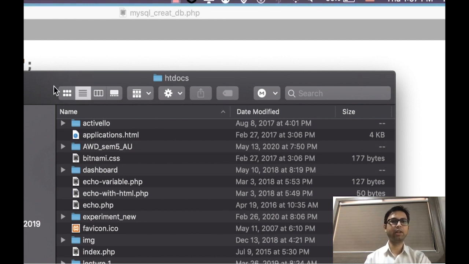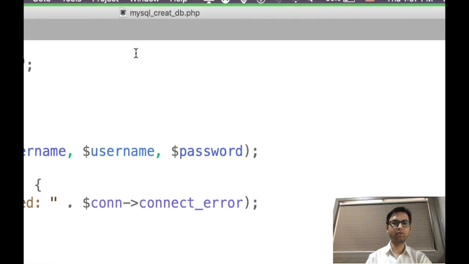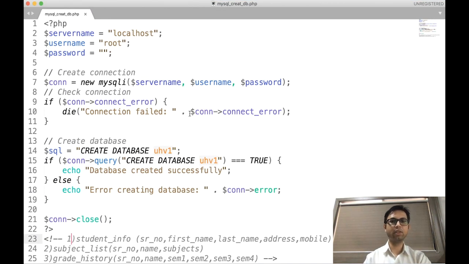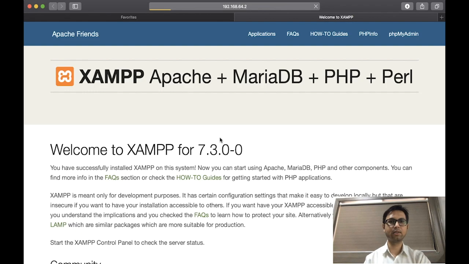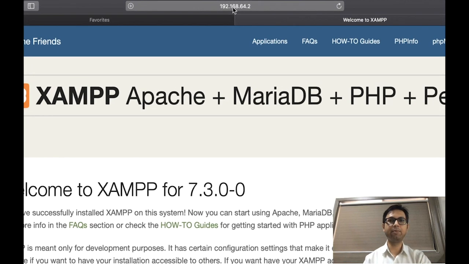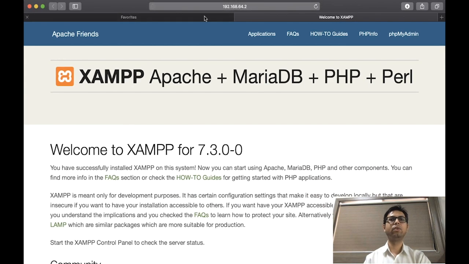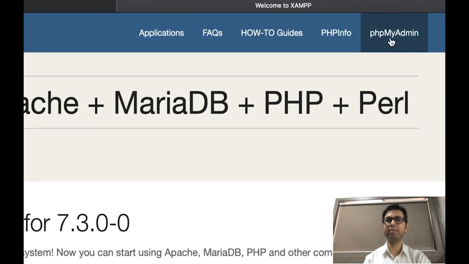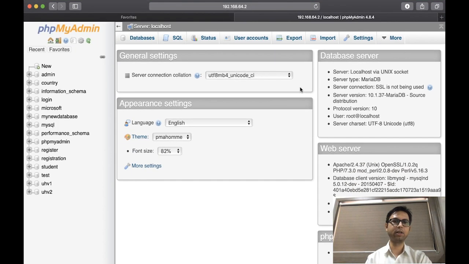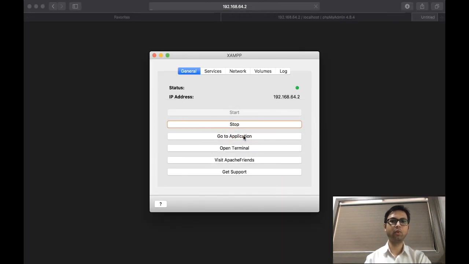Now let us start the introduction to creating database. So in this session, first of all, we have to go to the application page. So click on this, or you can write down the IP address over here also. So I have reached this application. Now we are going to utilize this particular page for database purpose, phpMyAdmin. So I keep this particular page open, and in one more window I kept open another page to